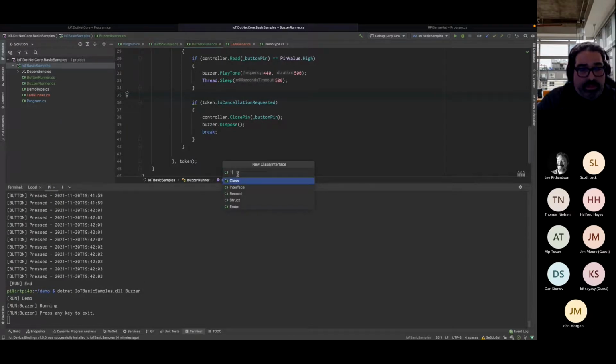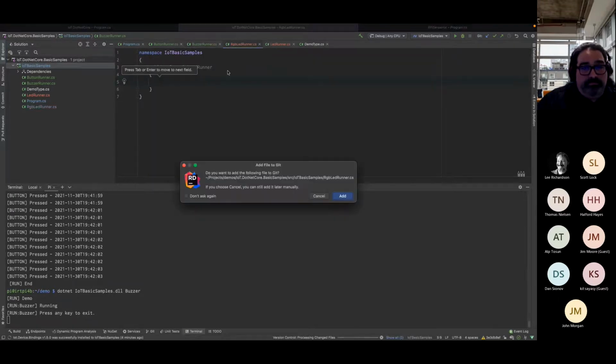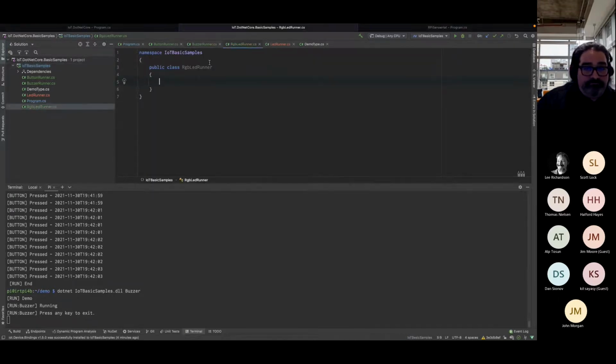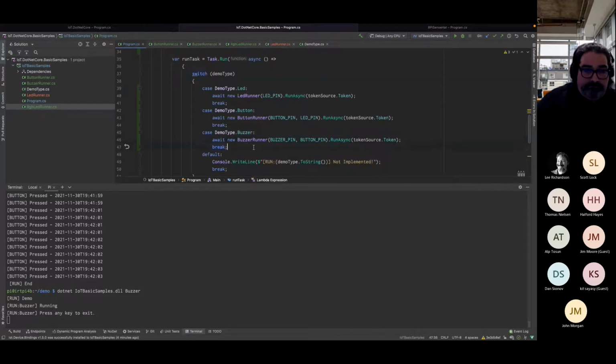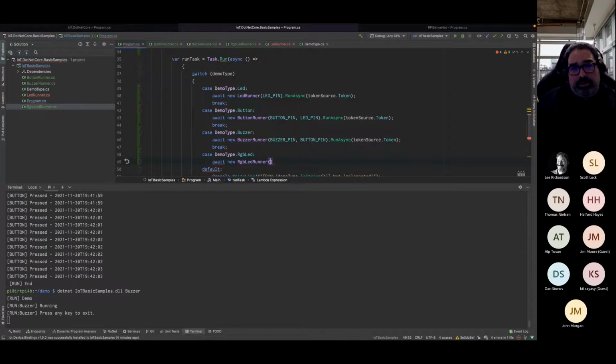And let's just add an RGB LED runner. This one I'm going to be a bit lazy. I'm not going to name those pins.